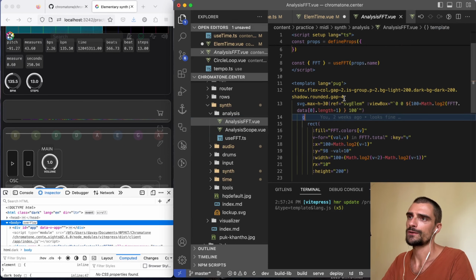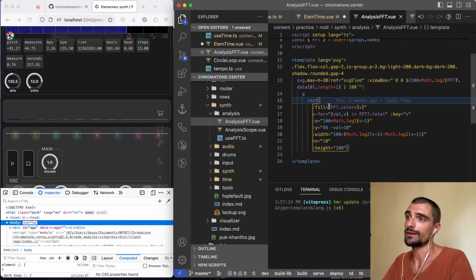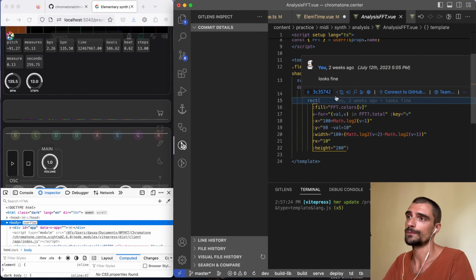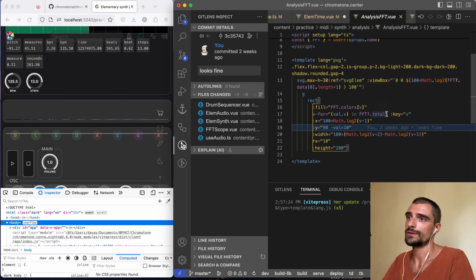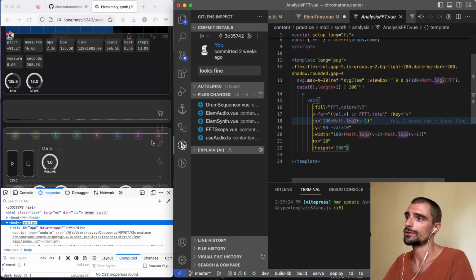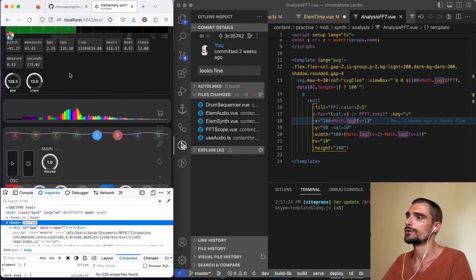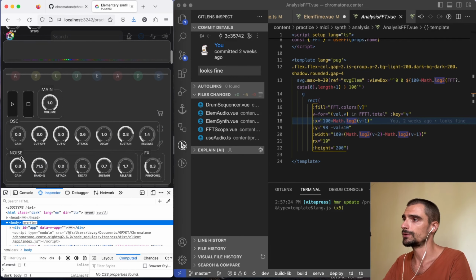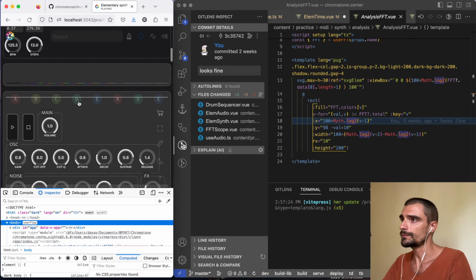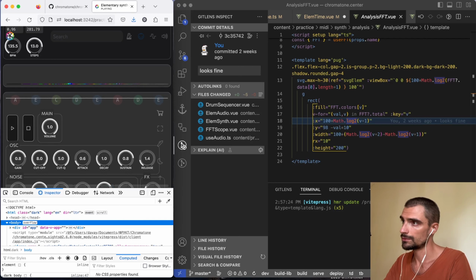So we create an SVG with the width set by the FFT's length, and then we go through all of the totals, and have the x calculated as a log2. So we have the logarithmic scale for this. They are going smaller and smaller, but if we look at this just from the point of one oscillator,